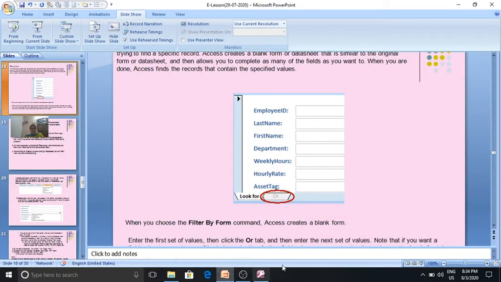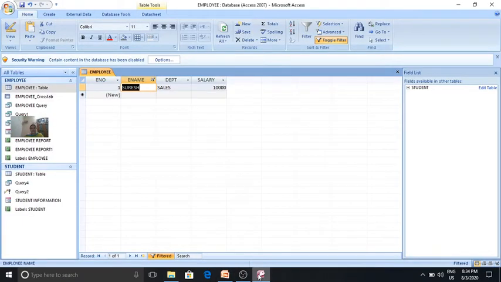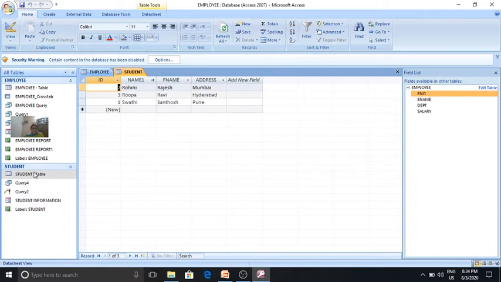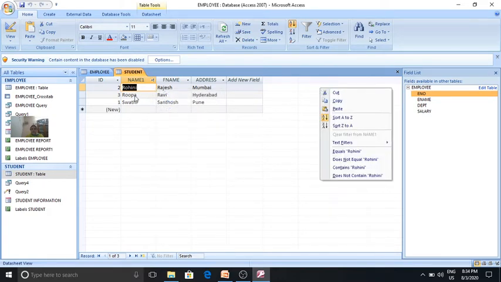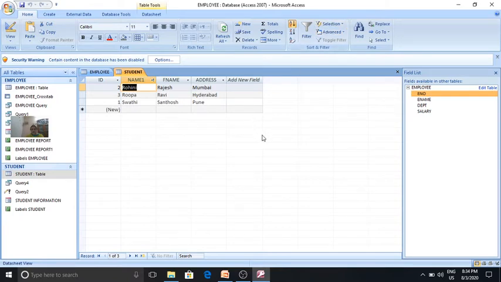Now let us go to the application. I'll share the application and show you practically. Now we have a student table here. Filter by selection means what you have to do: select a name, go to the home tab, sort and filter group. First click on it; by default it is selected.